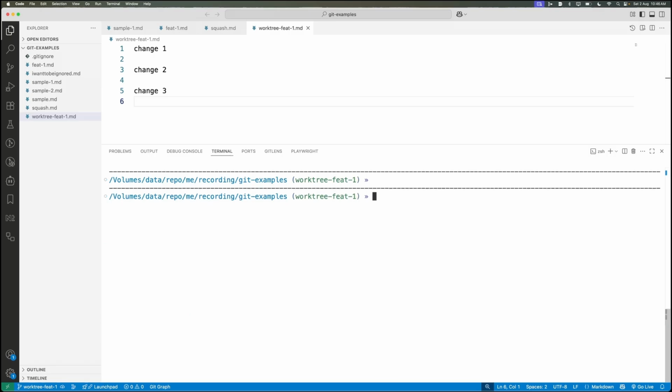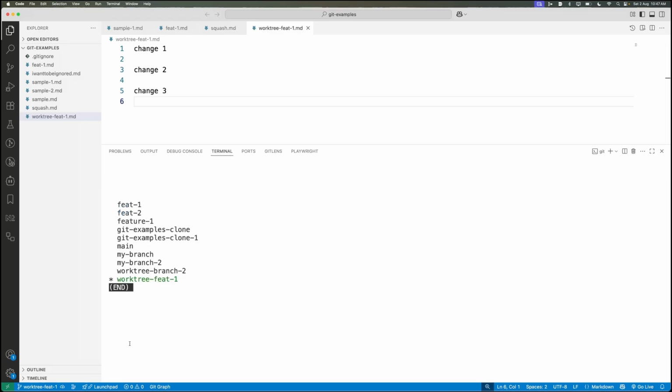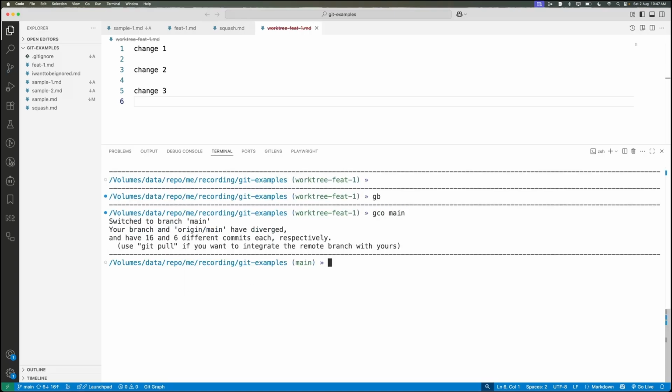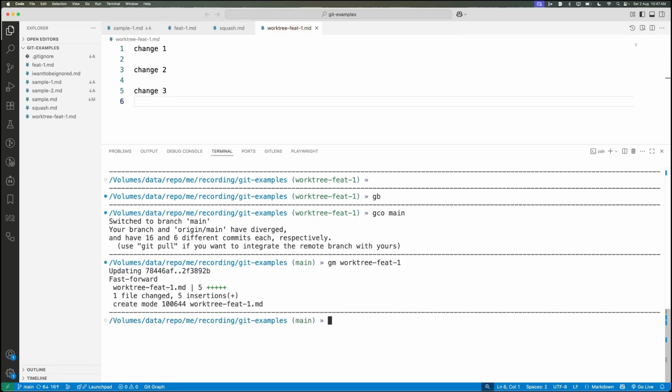I want to check out to a different branch, and in order to do that, I'm going to check how many branches exist here. I'm going to type gb. So you can see there are a lot of other branches available. Now I want to merge this branch, work tree feat 1, into the main branch. What I can do is check out to the main branch, like this, simple. And now I want to merge this branch into the main branch. I can simply use gm and then provide the branch name. Hit enter. You can see it's merged. Isn't it really easy to do with